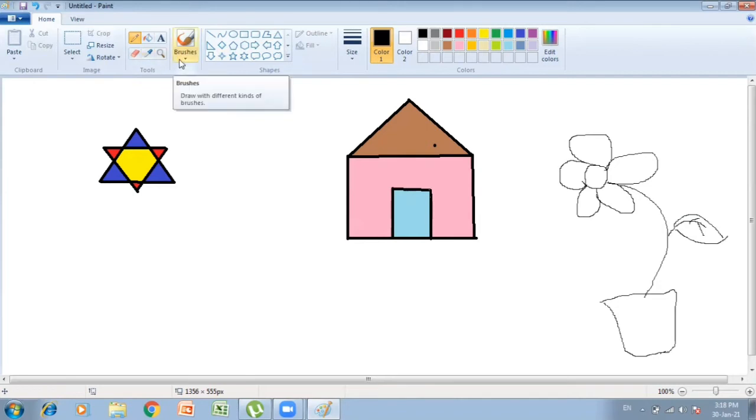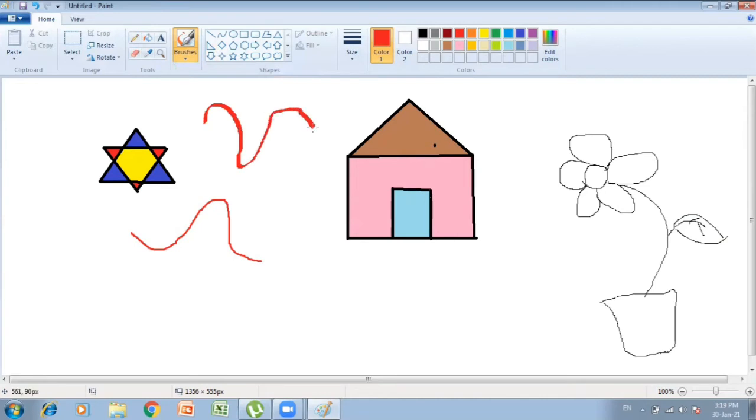As soon as you click on this brushes option, you will find different types of brushes. Right? Let us see what we'll do. Okay. So this is the first brush. Let us see the second one like this.